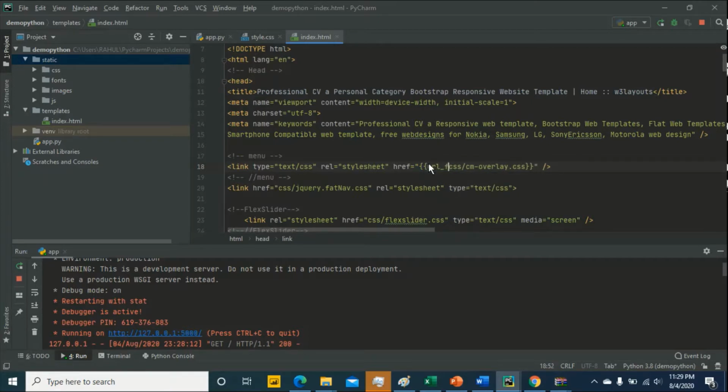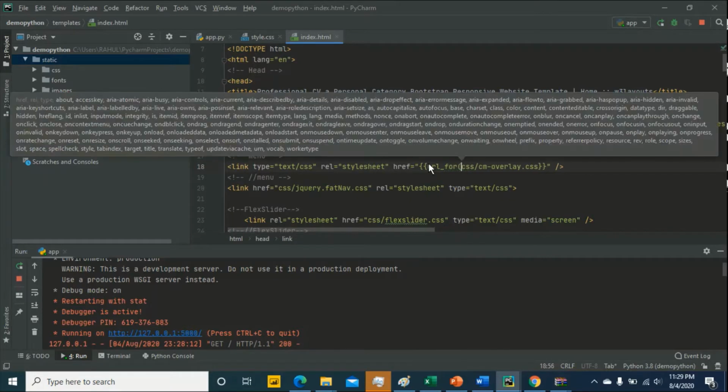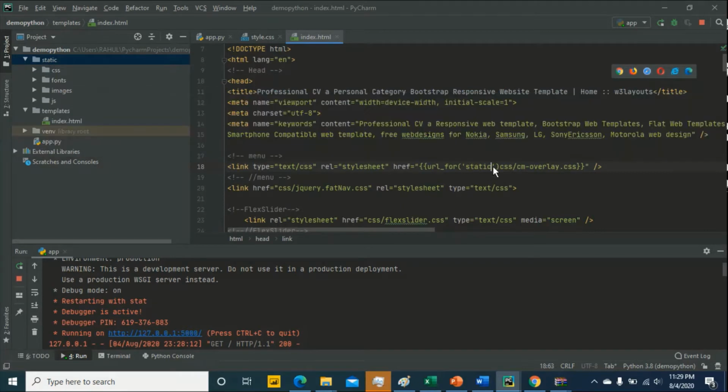underscore for. Okay, then open and close the bracket, then single quote, and in that just enter this folder name, static, then comma, then enter the file name.